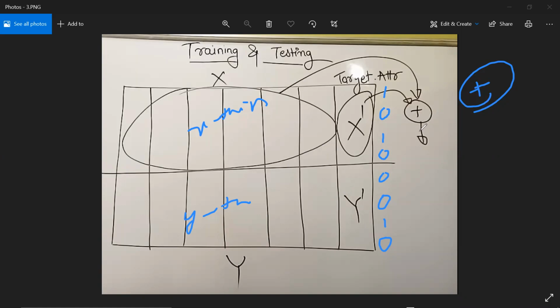I mean, once I had preparations before my 10th exam, I had to go and write the exam, right? So that's the actual test. If you study well, then only you write the exam well. It means if you train the data properly, if you train the data to the machine properly, then only you get good predictions. So now I train the model with X train and Y train. I built the model. I want to check how good a model I built. What is the accuracy of the model? Understand, guys? What is the accuracy of the model? So what is this, X test or not?